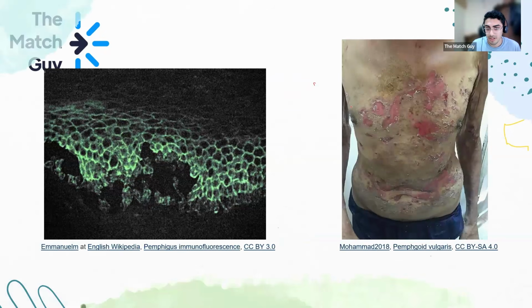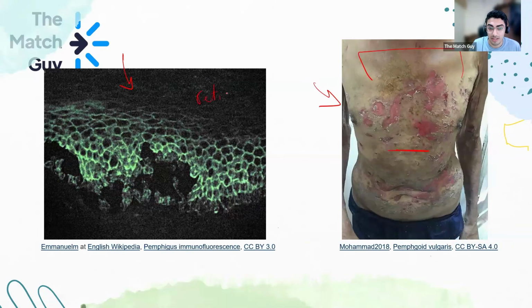So can you see this guy? He doesn't have any blisters. Okay, why doesn't this guy have any blisters? Because they are very weak and they ruptured. All right. Nice. He might give you this picture, which is the immunofluorescence picture in a patient with pemphigus vulgaris, and